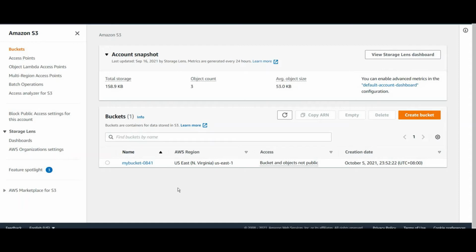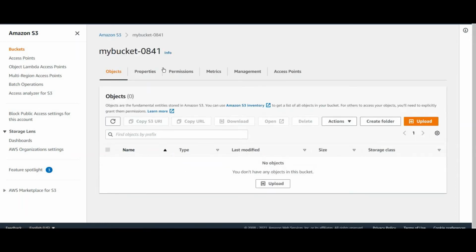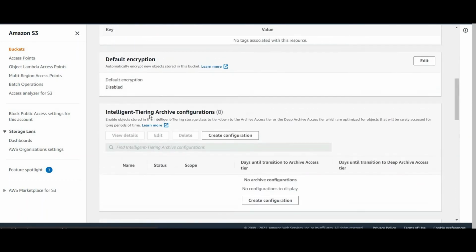I have already created a bucket in my AWS console. It does not have anything else. Before that, I can show you here the Intelligent-Tiering archive configurations. It's the same as lifecycle management.